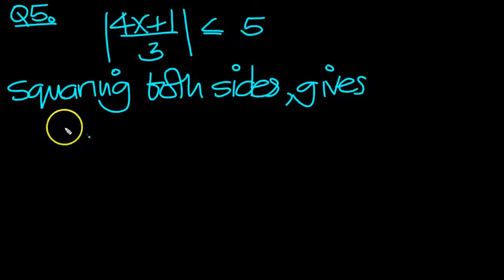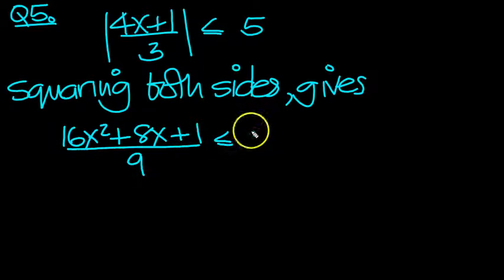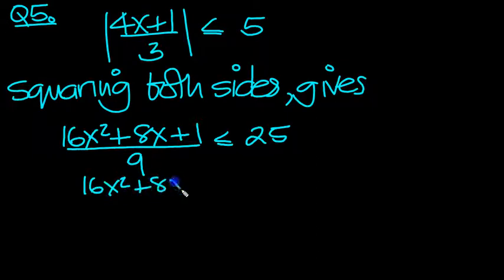So we'll get 4x times 4x, 16x squared, plus the middle two terms will be two lots of 4x and 4x, which make 8x. 1 times 1 is the last term, isn't it, in the bracket squared, all over the bottom term squared, which is 9, is less than or equal to this squared, which is 25. So we get 16x² + 8x + 1 is less than or equal to 9 times 25, which is 9 20s 180, 9 5s are 45, 180 and 45 is